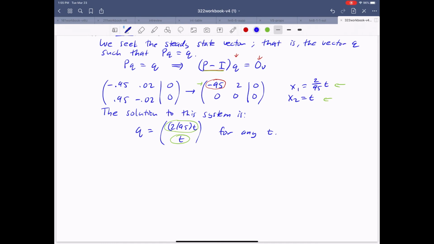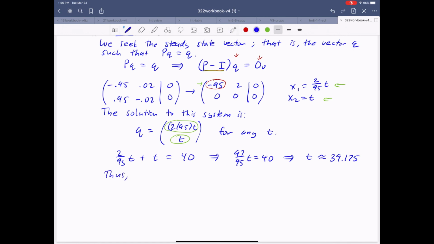All right, so what we know then is that 2/95 t plus t is equal to 40. That gives us a way to actually determine what the value of t is here. Over on the left-hand side, if you do the addition, 2/95 t plus t works out to 97/95 t is 40. Then one more calculation, getting that fraction over to the right-hand side. I'll let you confirm my arithmetic. We wind up with 39.175 for our t value.